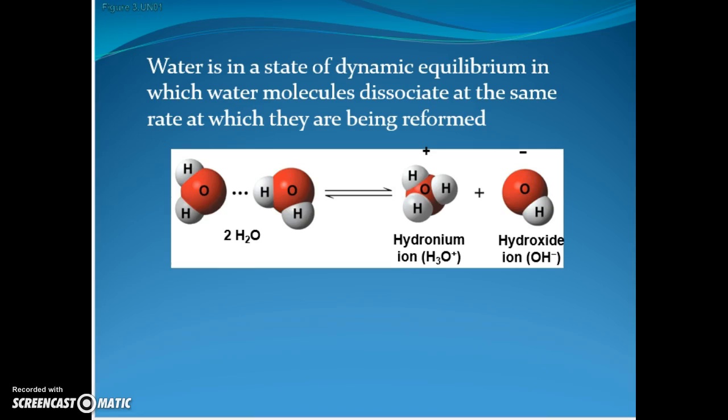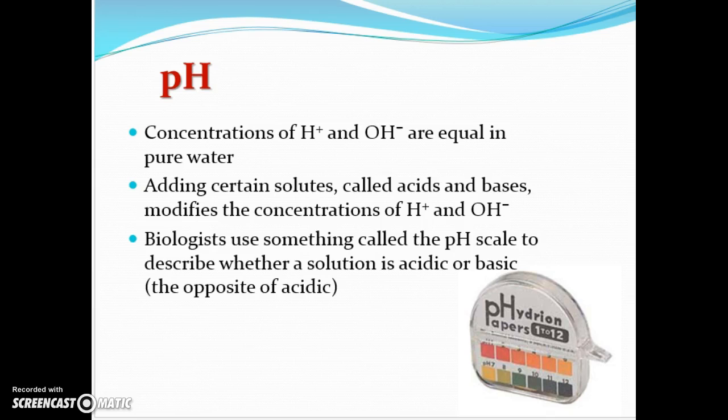And that's a really important concept because it is the foundation of our whole idea of acids and bases and our idea of pH. So the pH of water, because it's in a constant state of forming and reforming itself, or separating apart and reforming, gives us equal amounts of positive and negative charge, since it's a dynamic process. Water is considered the most neutral pH, and so it's given the number 7, which means it is in that constant state of